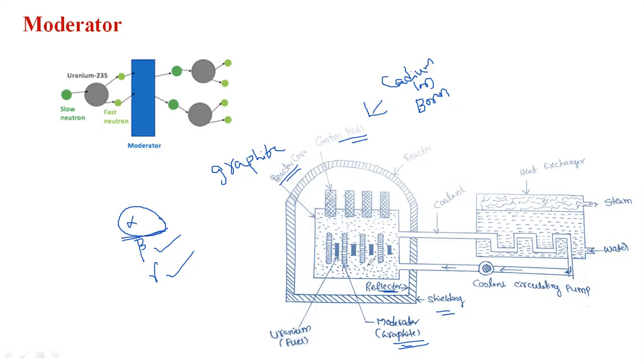And this is the reflector. If any radiation is released, that is alpha rays, beta rays, or gamma rays, it is reflected into the reactor core. The thickness of the reactor core is 2 to 3 meters, and the material used is graphite bricks. Many safety precautions should be taken in the nuclear reactor. If an accident happens at a nuclear power plant, the surrounding 30 to 40 kilometers are affected, and huge losses take place.